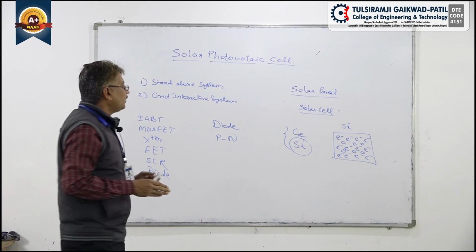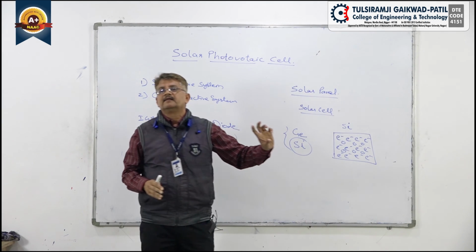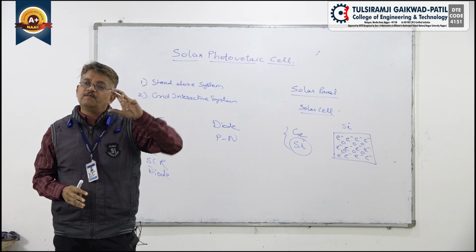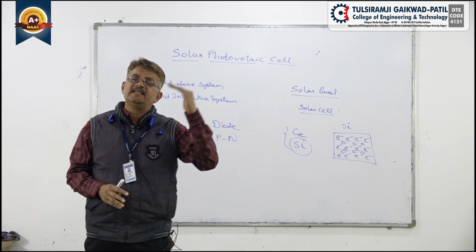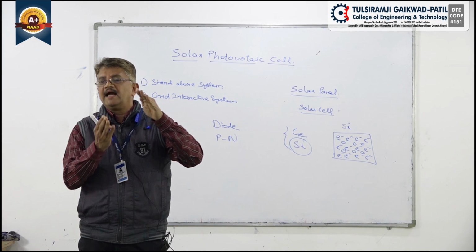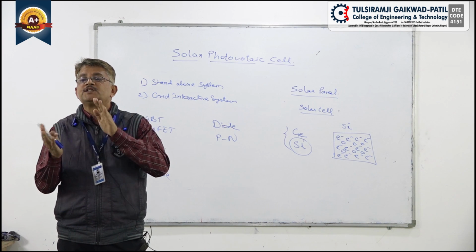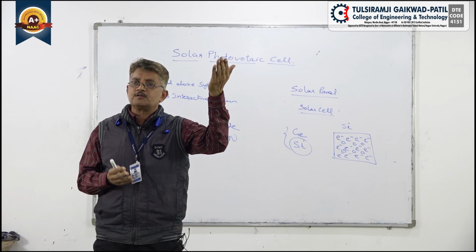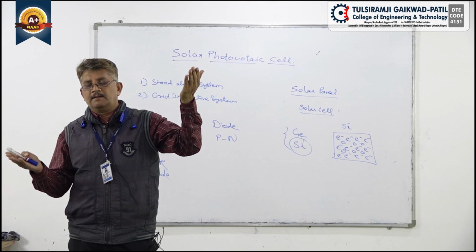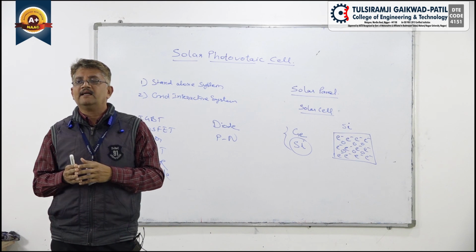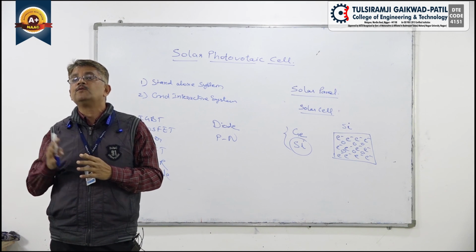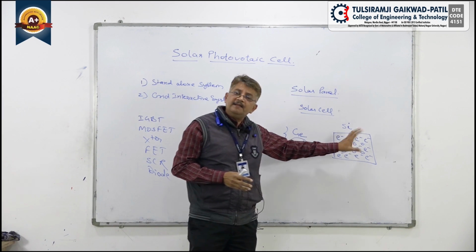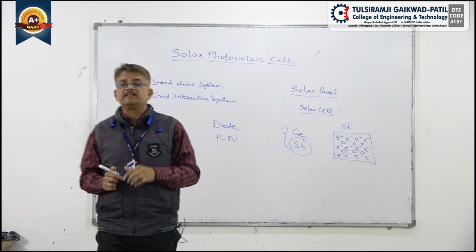So for that, what we are doing, we are imbalancing this concentration. It means in one material we will increase the number of electrons, and the holes will be as they are. The concentration will be imbalanced. In one type of material, the number of electrons will be very much greater than the number of holes, and in the second material we will increase the number of holes as compared to the number of electrons. So the process which is used for imbalancing the concentration is called doping.